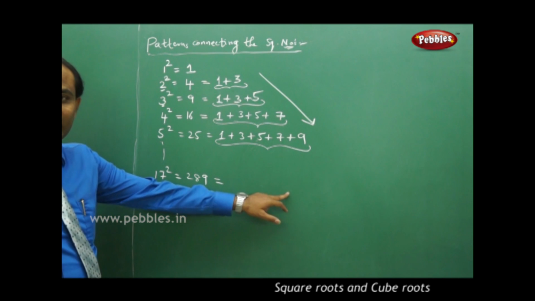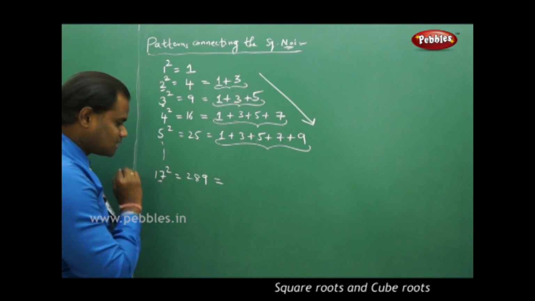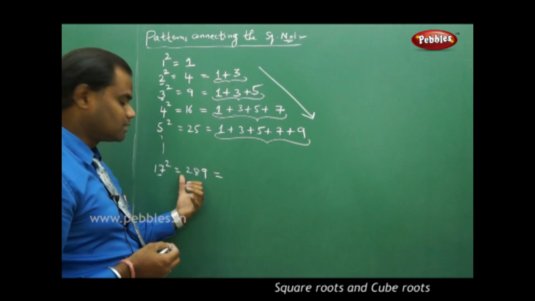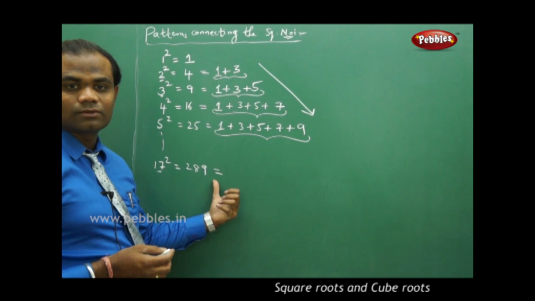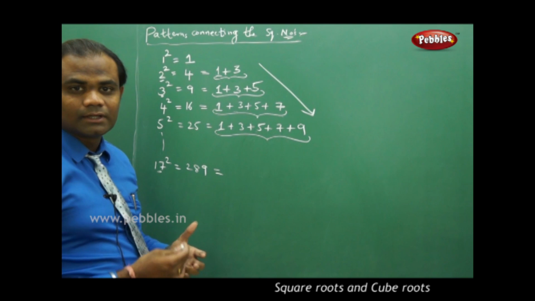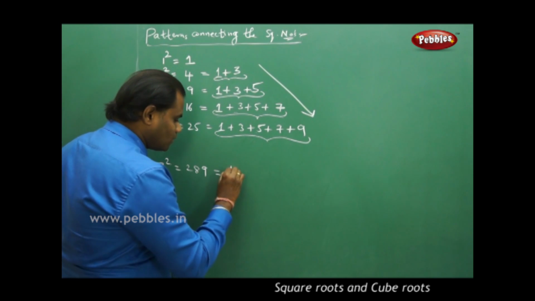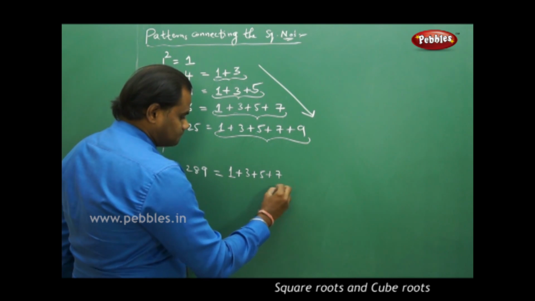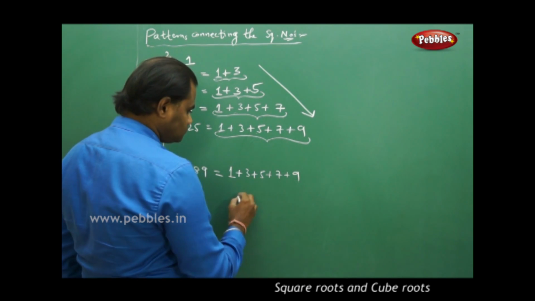How many terms do I have here? Because the base number is 17, I need 17 odd numbers which are added to get to 289. So without any addition or splitting, I write these 17 odd numbers starting with 1, 3, 5, 7, 9,